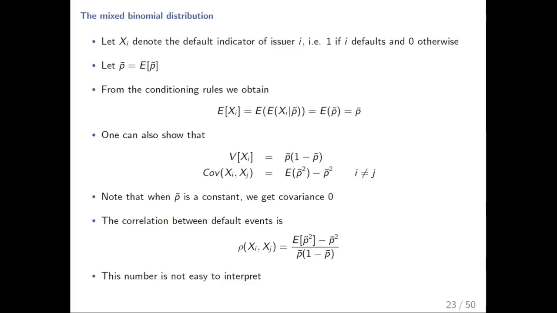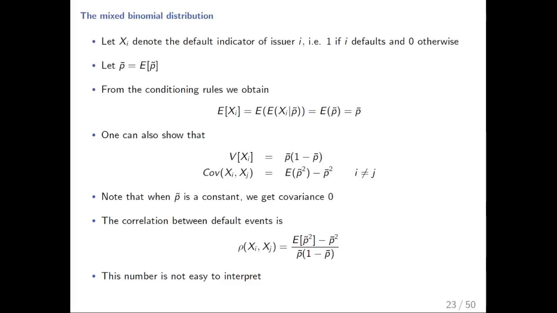So now you can see what we're interested in. This expression is the covariance between defaults, and this number is going to be non-zero. There's going to be covariance between defaults just because we made p stochastic. The intuition is that with a binomial distribution there's independence between defaults. But you can think about suddenly being in a recession and the probabilities have all gone up. We've drawn from a right-hand tail and everything's more likely to default. If everything goes from less likely to default to more likely to default, the correlation between defaults is time varying. And that's why we end up with a